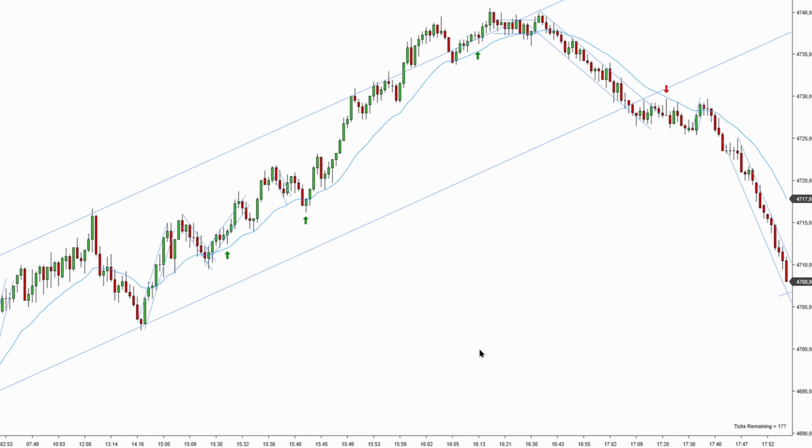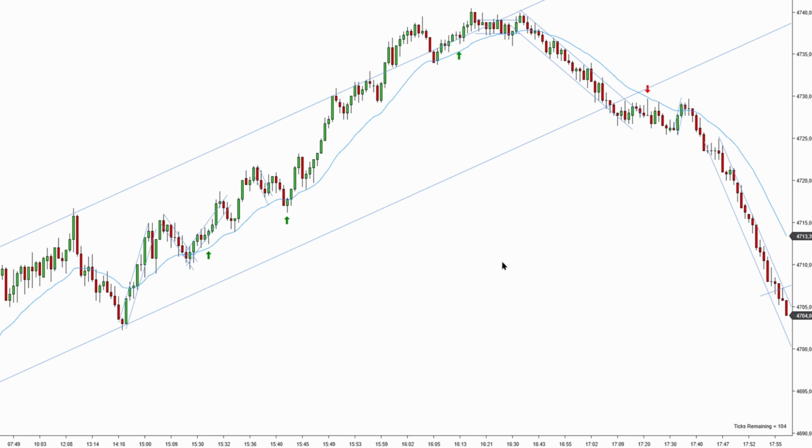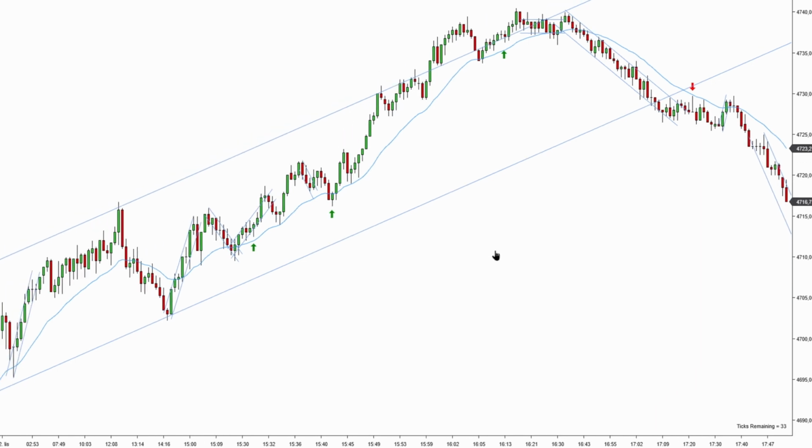What's going on, traders? In today's video, we're going to talk about trend lines and key levels. We're going to talk about why they're so important and how to draw them and find them correctly. Because a lot of beginner traders think that trend lines and key levels are much more subjective than they really are. And in reality, that's not really the case, because after a few years of studying price action and